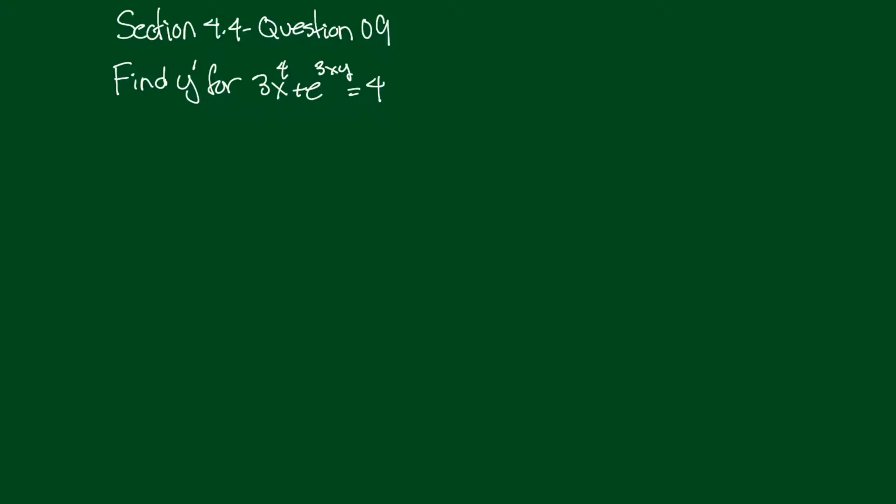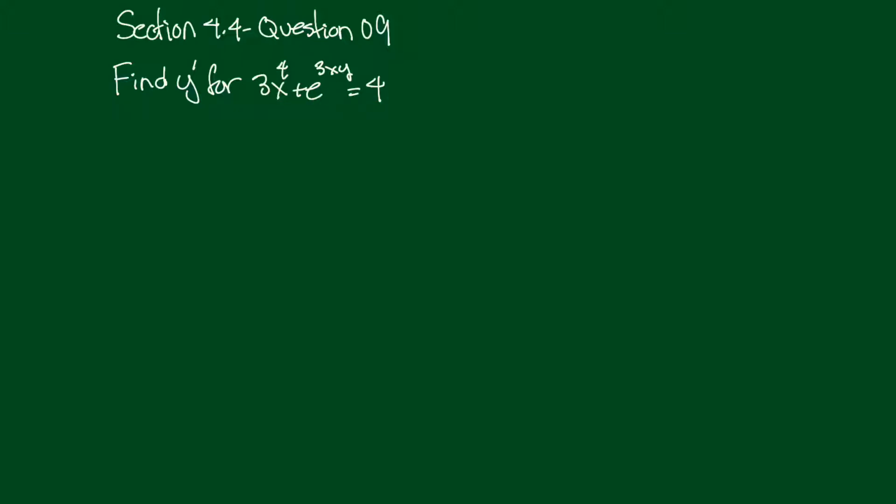In problem 9, we want to find y prime for this function defined explicitly. We want to find it for y prime. So we're going to have to use implicit differentiation. So let's start. How about if we start here with differentiating this term, and then this term, and then